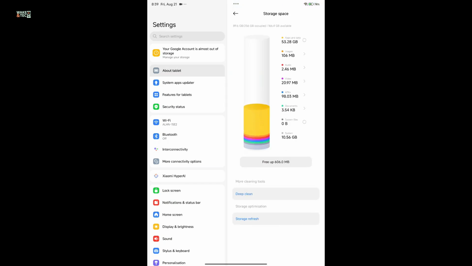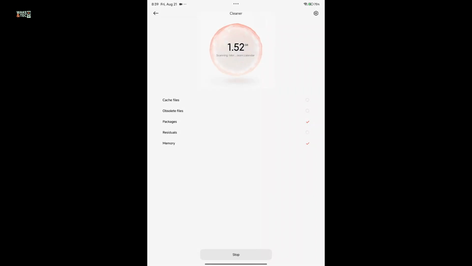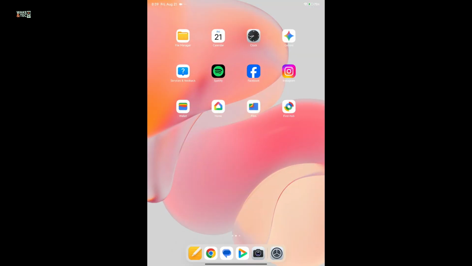You can also try freeing up some storage space. If you find this button over here, just click on that. Run the cleaner on your Android device, and this will delete some temporary files or cache data. Click on Cleanup from the bottom to clean up the unnecessary cache data, and go to your app drawer and